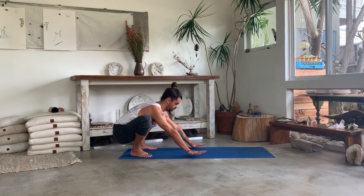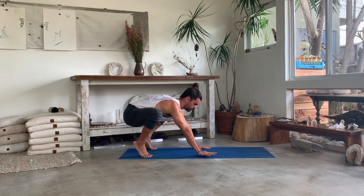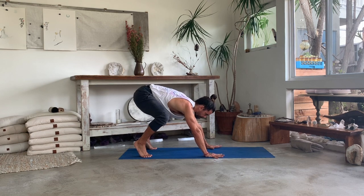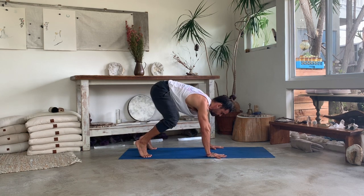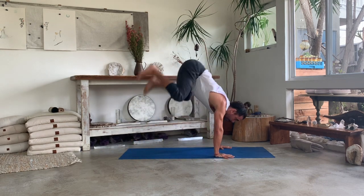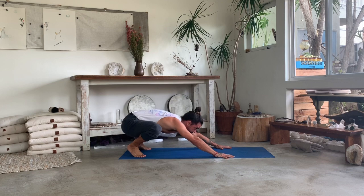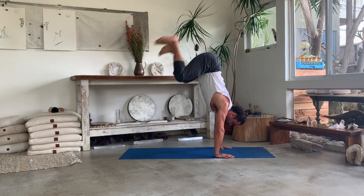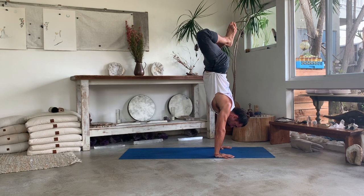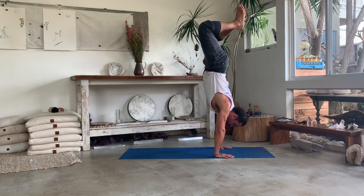Now, palms flat on the floor, arms straight as you can. Come over tippy toes. And then just play. See if you can gently hop and bring your hips right over the shoulders. Good. Try again. Good. And then let's try it one more time. And then this time, just try to hold it here as we move into